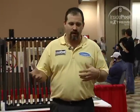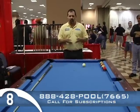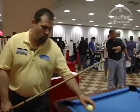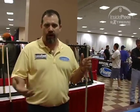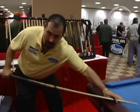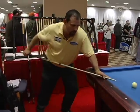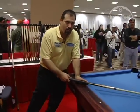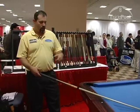So right now, let me get set up for it, and I'm going to help y'all with the break starting first. One of the biggest problems that I find when people are breaking the pool balls is there's a couple major mistakes that they make. One thing that they do is they try to start their body too late. When they're starting the stroke forward for the break, that's when they want to start their body forward, where there's no chance that the body can be as fast as the arm. So what you have to do,